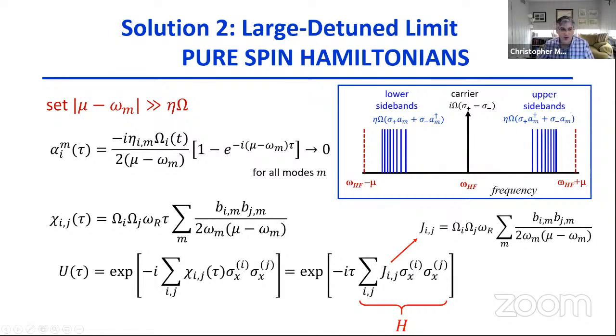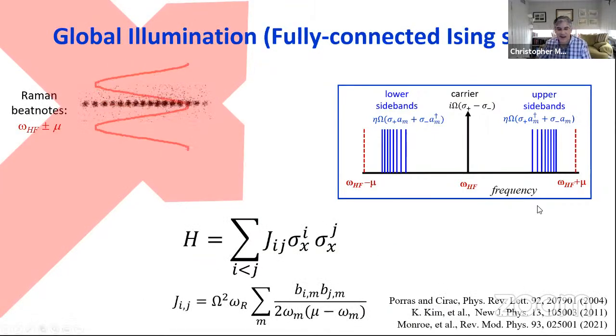Now, let me show you a little bit more schematically what this would look like in the lab and why it's working. Remember, we have to have non-co-propagating beams to realize the force, to get the momentum kick. And we have this Ising Hamiltonian that resulted from this spin-dependent force. I'm pretty much repeating everything I just said, but these are the Raman beat notes. Now,